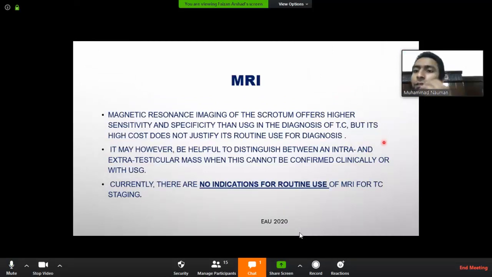Seminoma has three types: classical, anaplastic, and spermatocytic. But this is just the classification, and in the book I saw one thing about the testicular... So there are four things